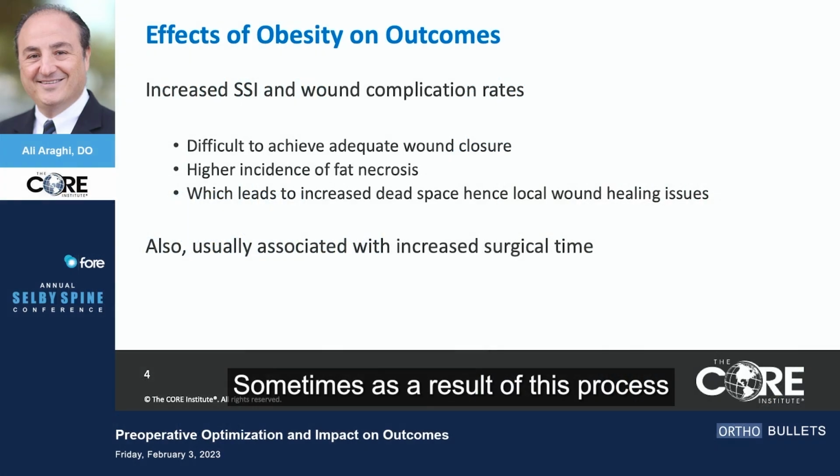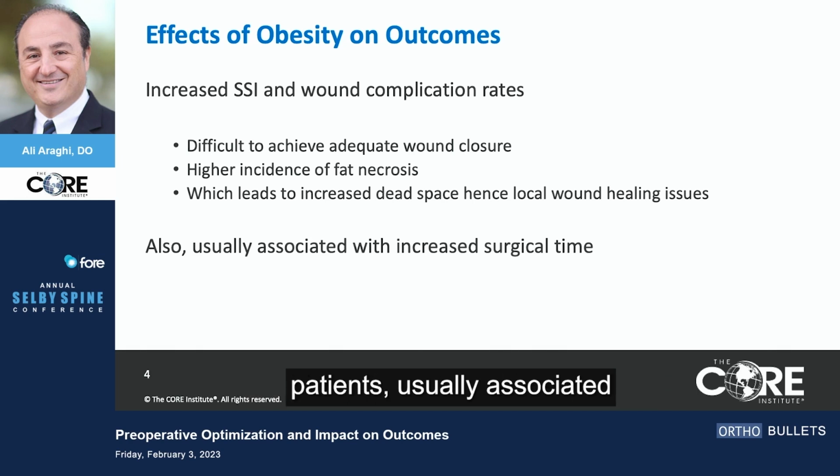As a result of this process, we'll end up getting a higher fat necrosis. And when you get the fat necrosis, that leads to increased dead space and local wound healing problems. Also, this is, in the heavier patients, usually associated with higher operative times, which makes a difference. And the one thing that I've learned, which is anecdotal, but through bad experience, is I had a patient that